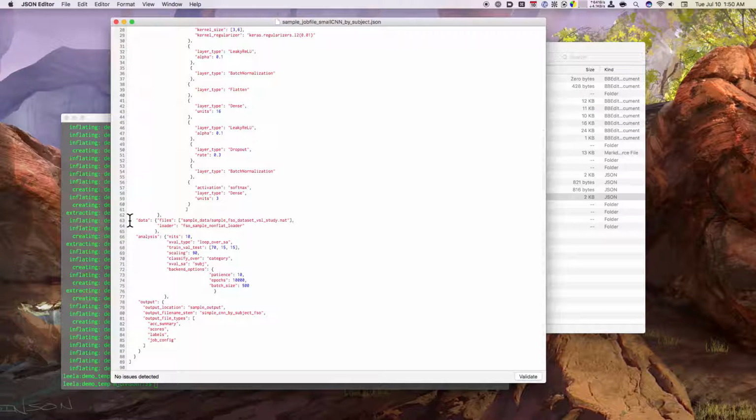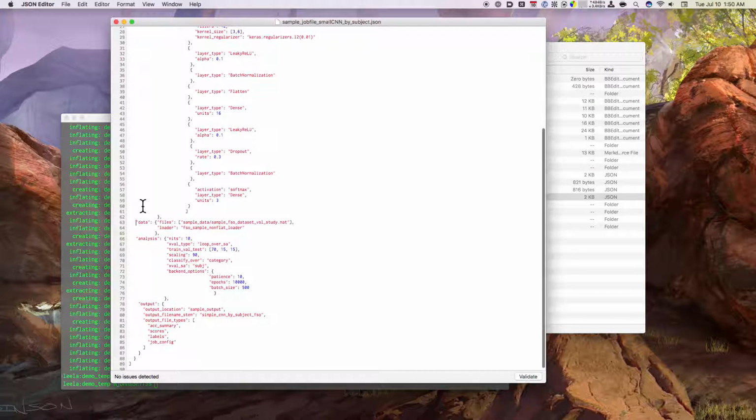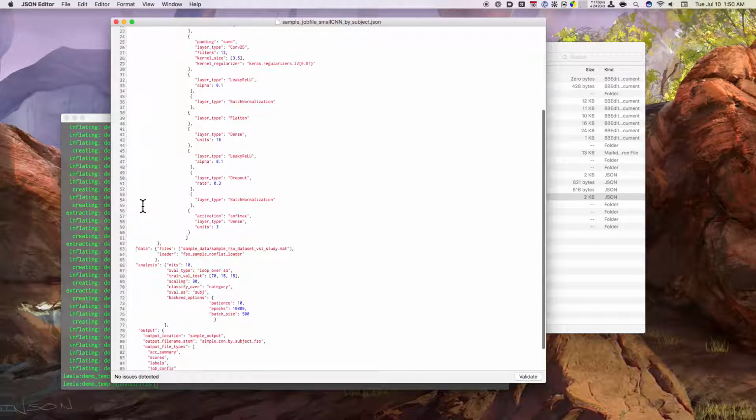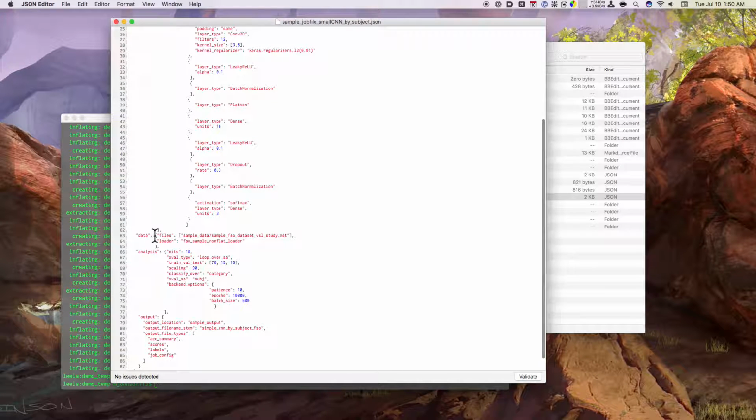So probably the easiest thing to specify in this little data structure is the data parameter. Which is here. It's a structure that in Python we would call a dictionary. The whole thing is a structure that in Python we'd call a dictionary. And inside data has a subdictionary. If you're not a programmer type person, you don't have to worry about this too much. The main thing to note is that the data